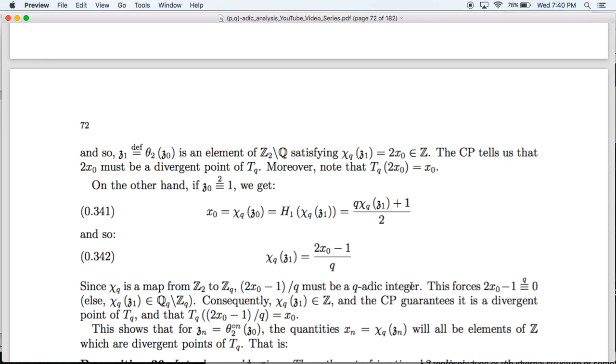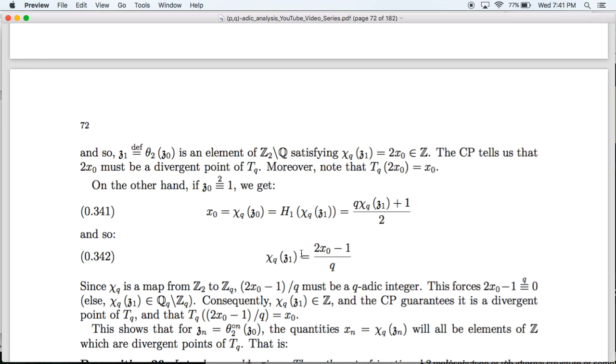This forces 2x minus 1 to be congruent to 0 mod q, otherwise this would not be a q-adic integer. So, since this condition occurs, and since x0 is an integer, this is not just a q-adic integer, but a rational integer. It's an ordinary integer as well. And so once again, whether or not z0 is even or odd, if we apply the shift operator